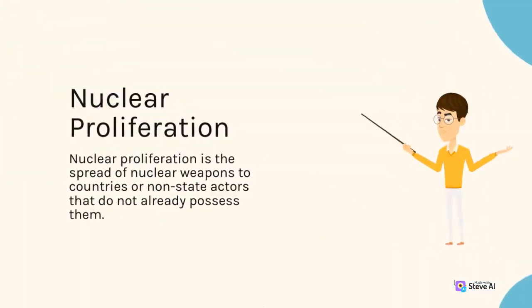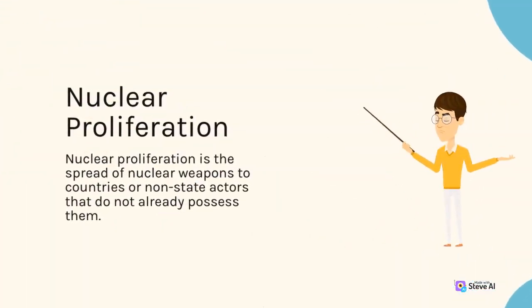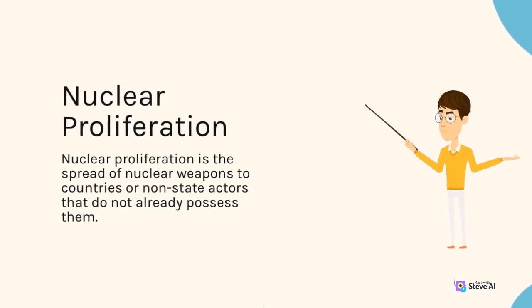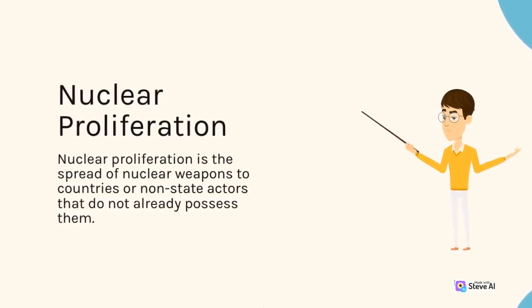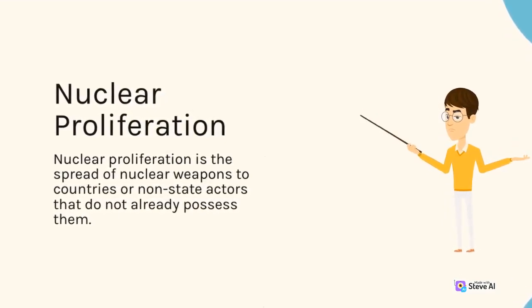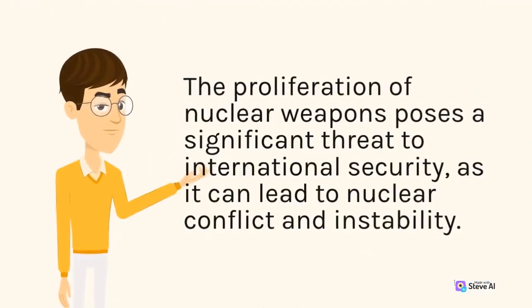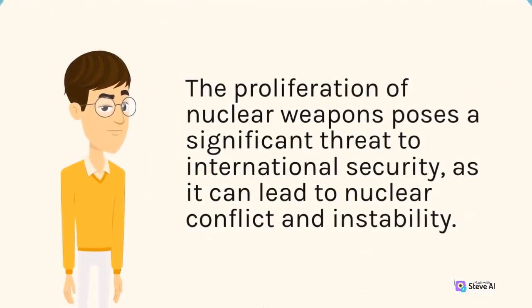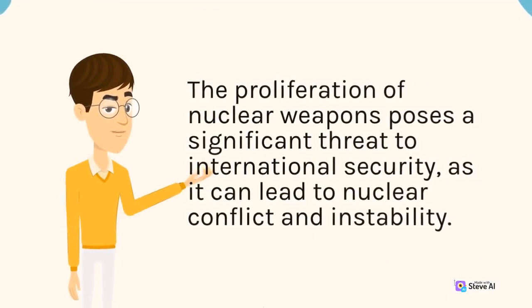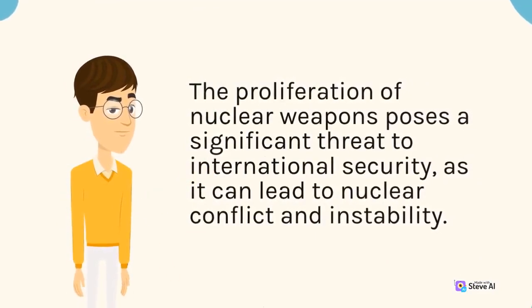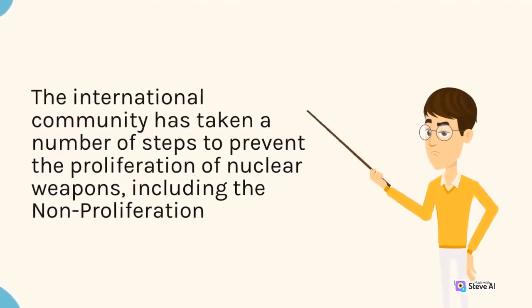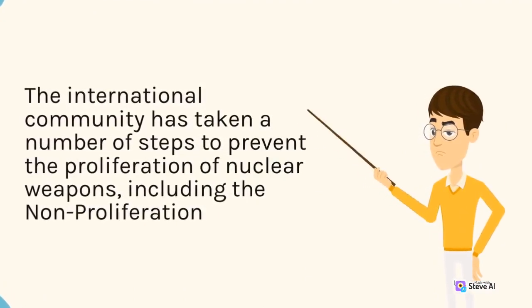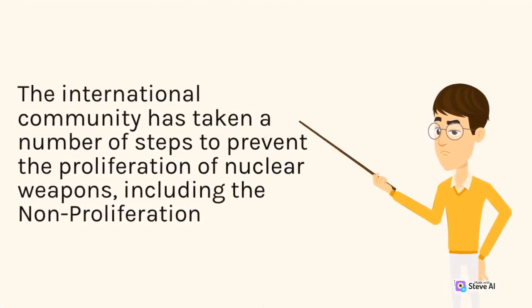Nuclear proliferation. Nuclear proliferation is the spread of nuclear weapons to countries or non-state actors that do not already possess them. The proliferation of nuclear weapons poses a significant threat to international security, as it can lead to nuclear conflict and instability. The international community has taken a number of steps to prevent the proliferation of nuclear weapons, including the Non-Proliferation